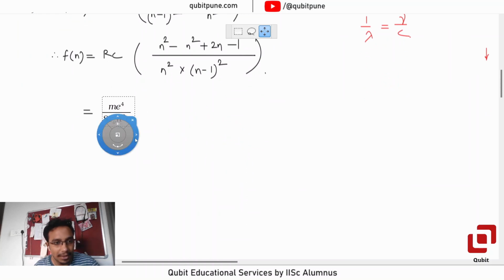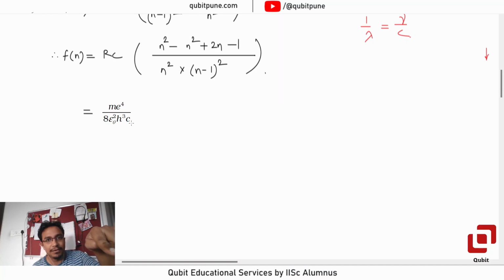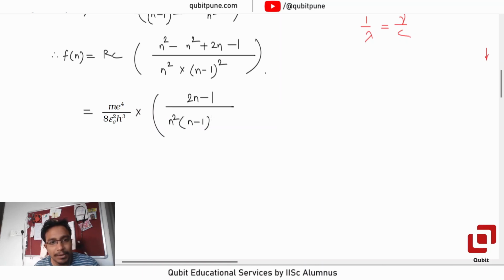Okay, R is Rydberg's constant. Unfortunately I had to learn that formula by heart, no other choice. So C goes, let me cancel it right here, into n squared minus n squared, so that's 2n minus 1 upon n squared into n minus 1 squared. Okay, now look,